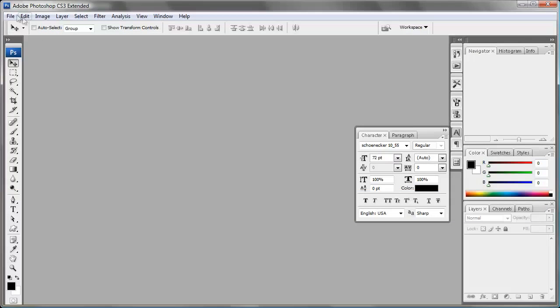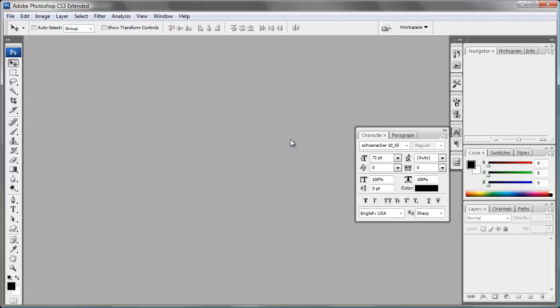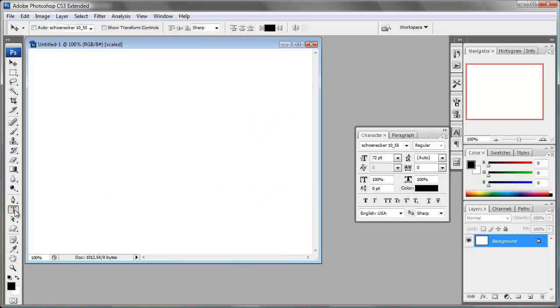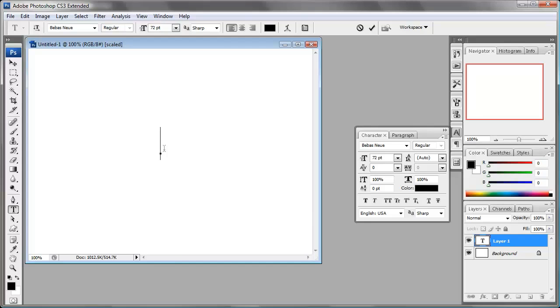Alright, so back in Photoshop, we're going to go to File, New, Film and Video, NTSC DV 720 by 480. Click OK. And what we're going to do is get the text tool, click, and the font we're going to be using is called Bebas. Yeah, that's it. And you can actually get this font at abstractfonts.com. So what I'm going to do is write Projector,